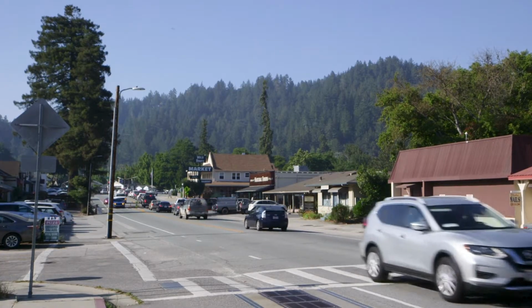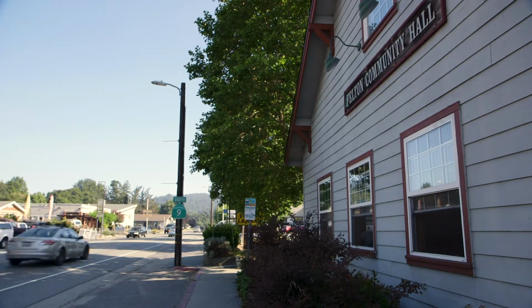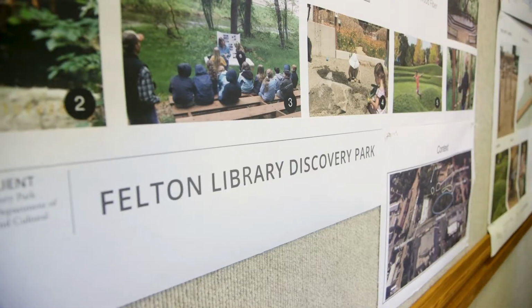Felton is a really cute little town in the Santa Cruz Mountains. It's an area that is really surrounded by redwoods. It's super beautiful. So the Felton Library project is a pretty exciting project because it has a lot of involvement